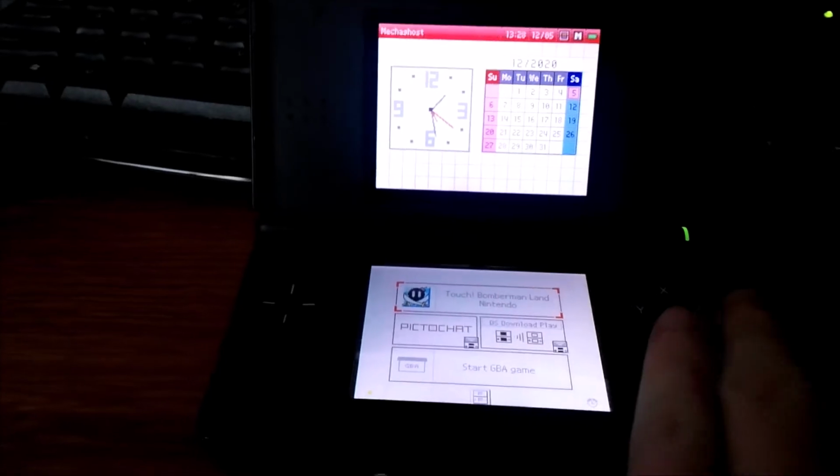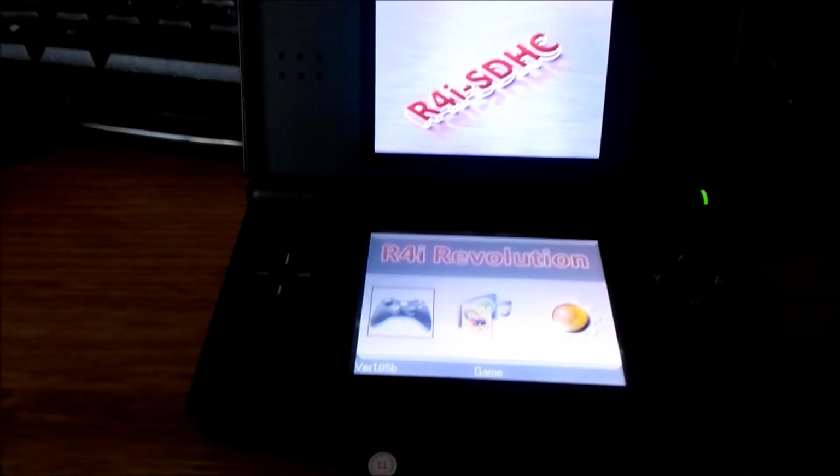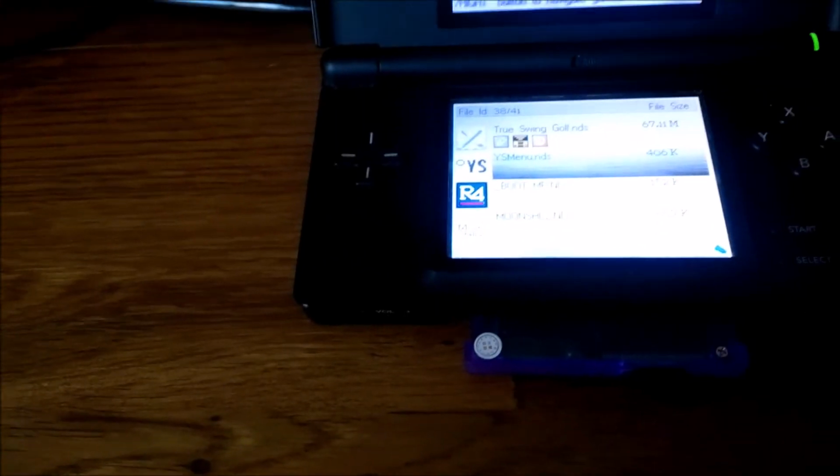Now, if we go over to the emulation side of things with the R4 card, if you're going to use the GBA Runner 2 emulator, you'll have to use the YS menu if you're using an R4 card. Right, so we'll focus on that, it's YS menu. Once you get into that,